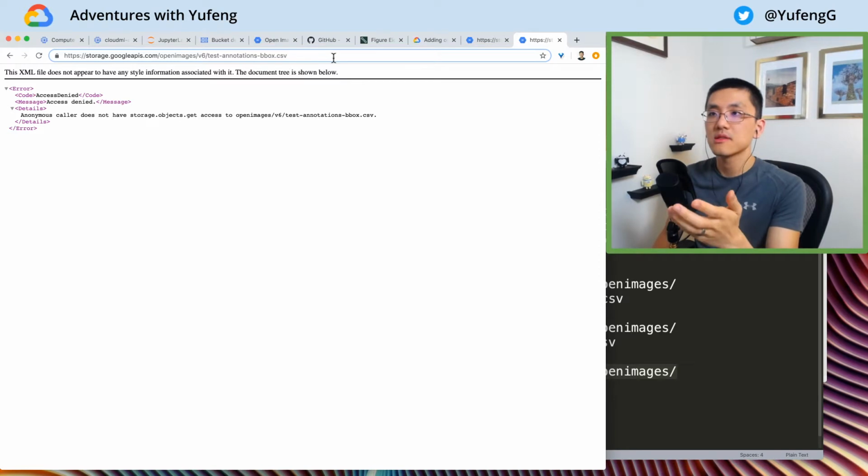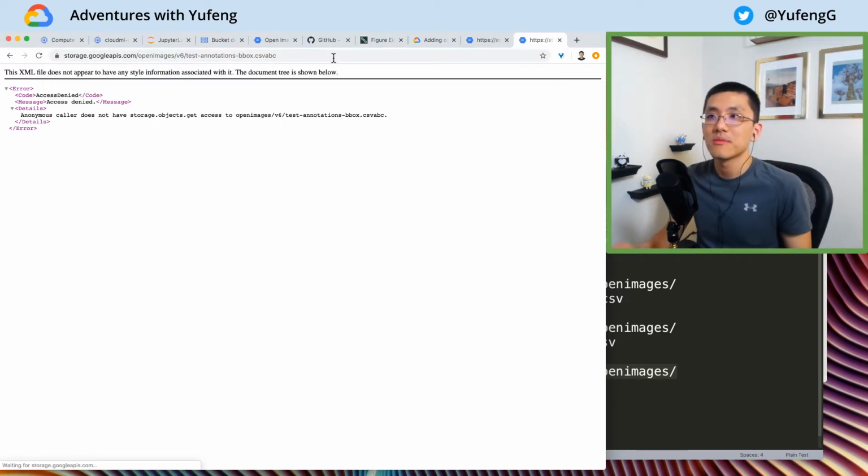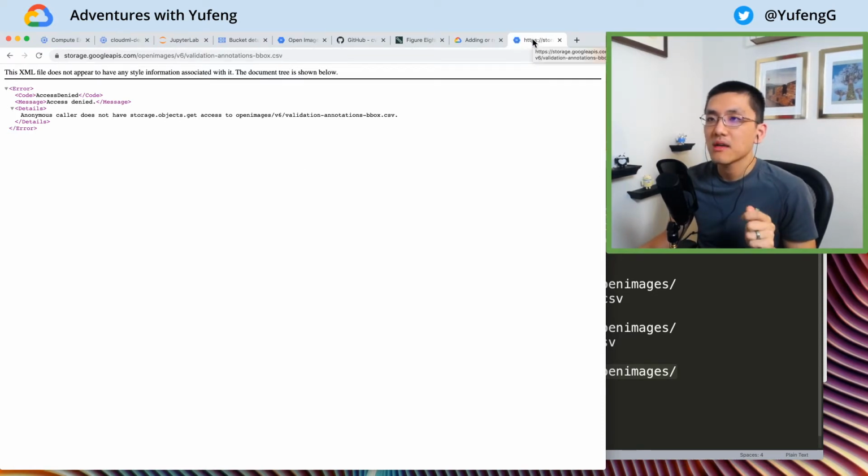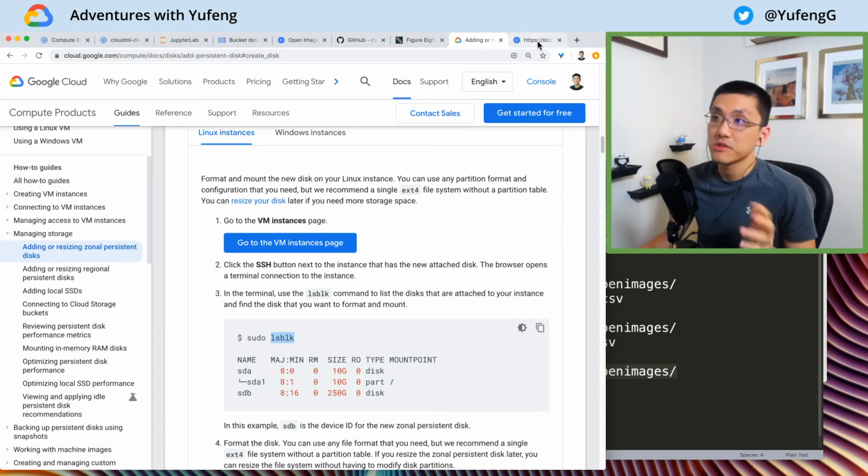Instead of this file being .csv, let's call it CSV ABC. Right? I'm going to make up a thing. Okay, so it has the same error. So this suggests that it's not necessarily that it exists and I don't have access. It's more that it either doesn't exist, or I don't have access. It's not immediately clear. So it looks like we can't bank on there being an error here, which is good,